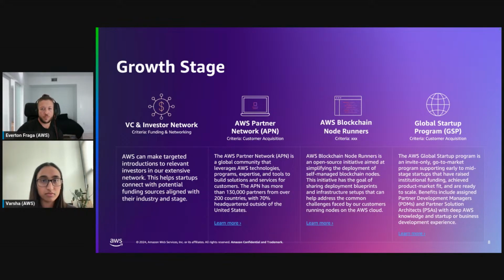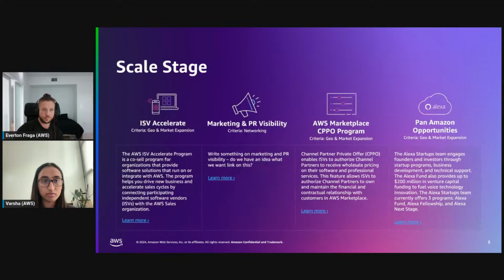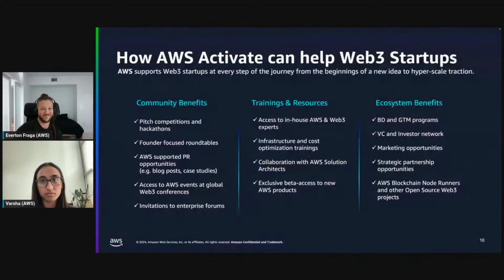And the Global Startup Program. That's another one of many programs that we have to support the startups as they grow. And more, right? I'll go over quickly. We don't have a lot of time, and I really want to get to the technical part.